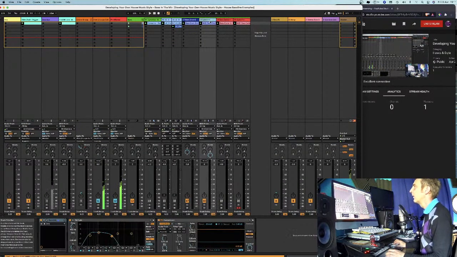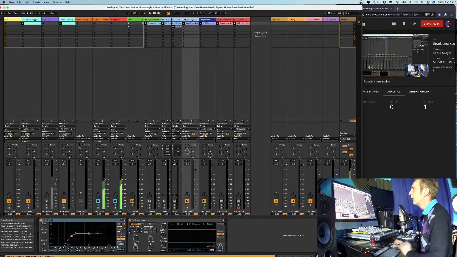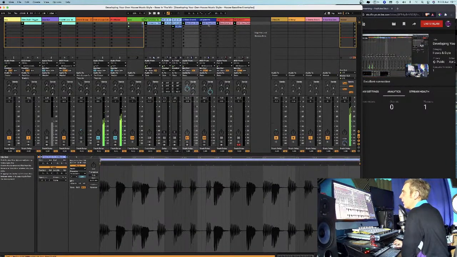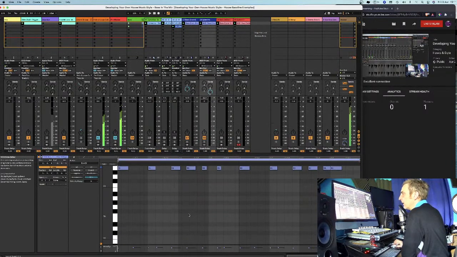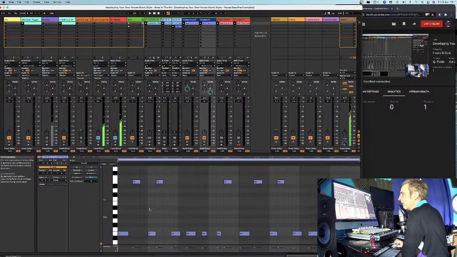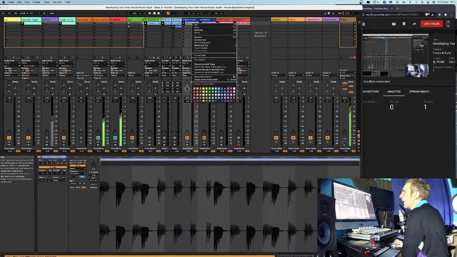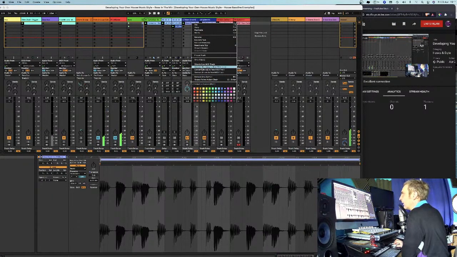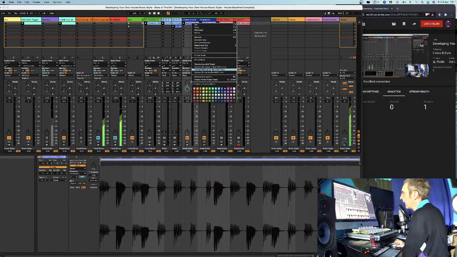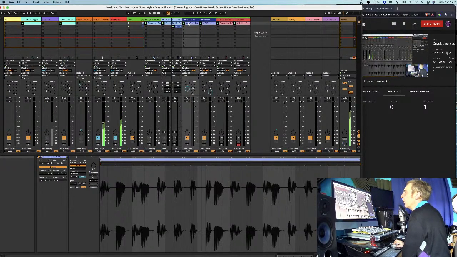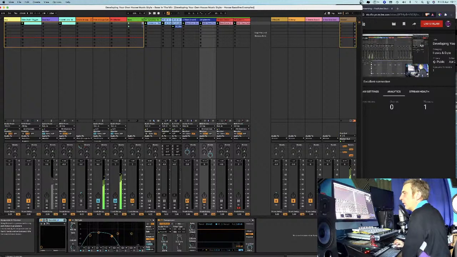So we've got this one, and I've done the same again, but this time what I've done is I've taken the notes and I've actually bounced them down to MIDI. So you can see here. And to do that, just right click, convert melody to MIDI track. You can try harmony, but in this case I'll try the melody because the bass is playing more like a melody, or more like an arpeggiation type bass. And then what I've done here is put on a silent,